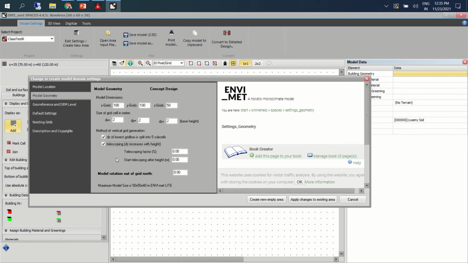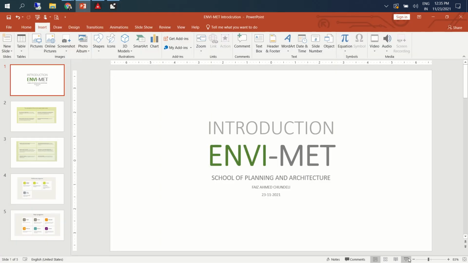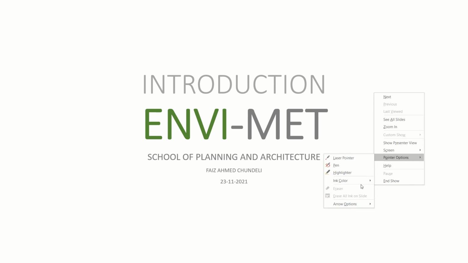So what I would say is, although my grid area is 50, I'll say more than 55. After that I want to create a virtual environment which is 55 meter in height, and maybe let's say around 20% of excess area.